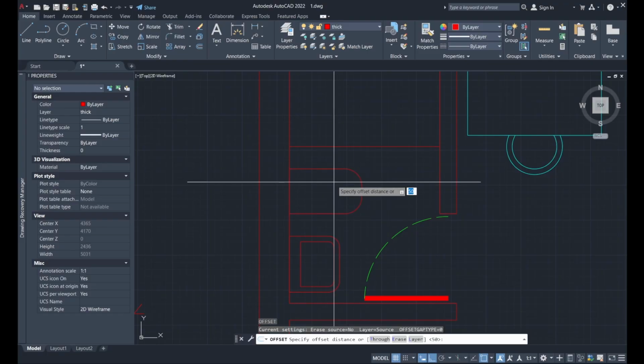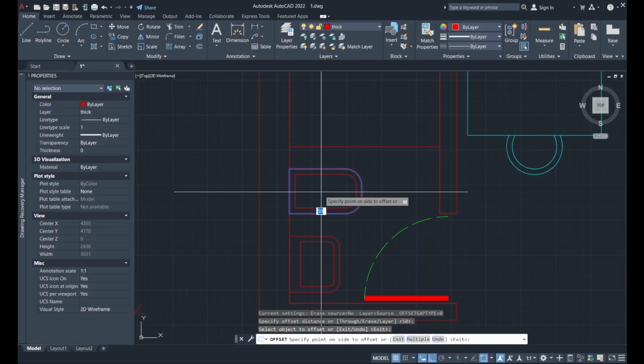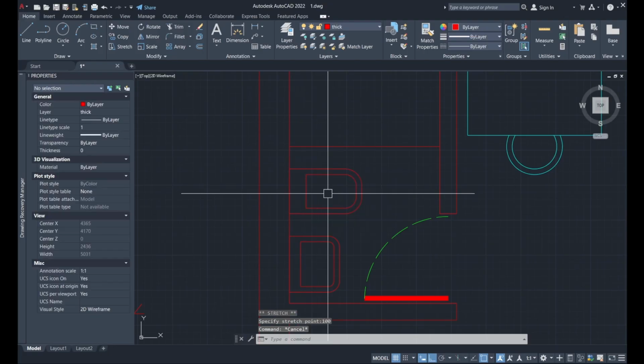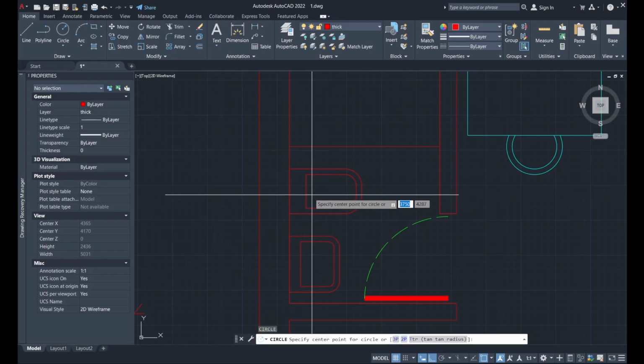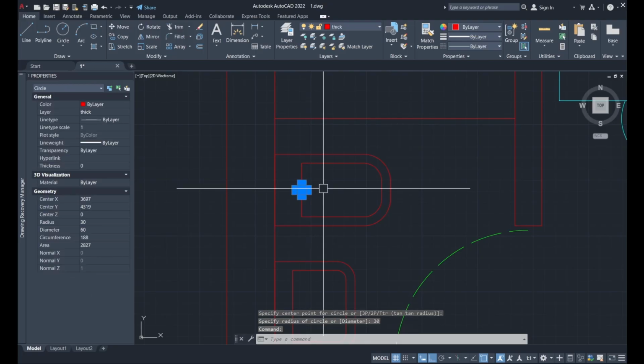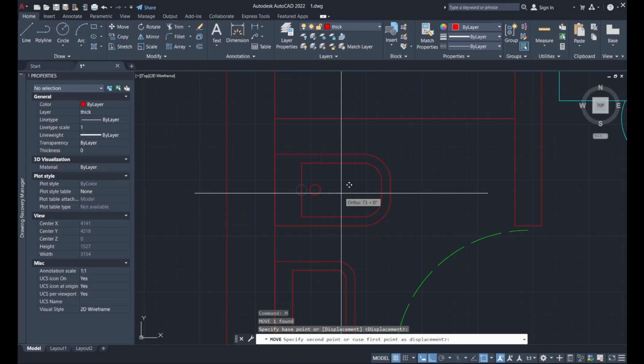That offset by 50. Let's move this up by 100. Let's draw a circle to show the drainage, a circle of radius 30 mm, and let's move this in